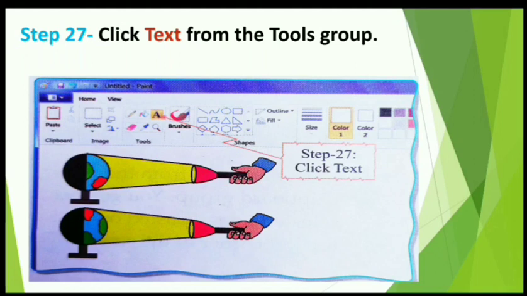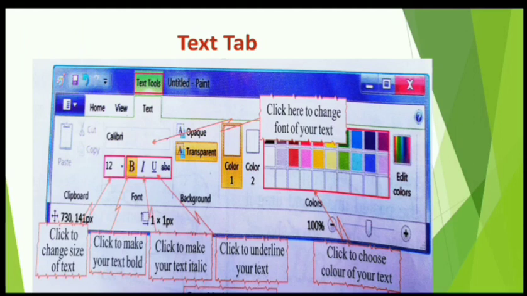Step 27. Click text from the tools group. Again in that tools group the text option is there, so you can select the text option. Look at the new text tab that appears on the ribbon when you draw a text box.